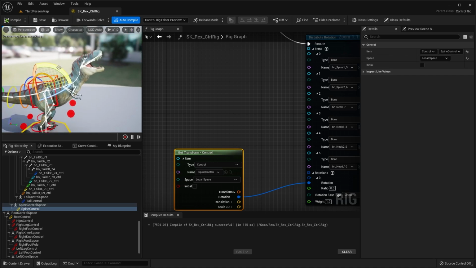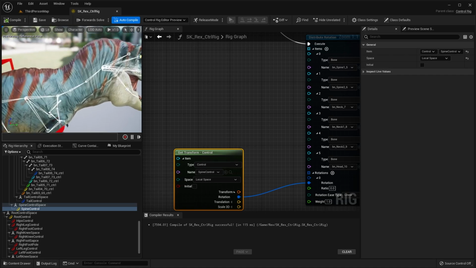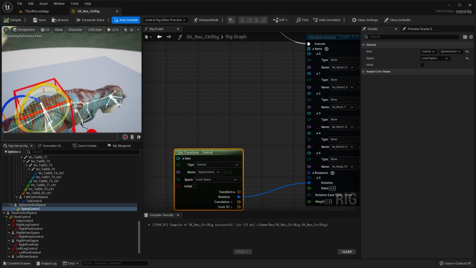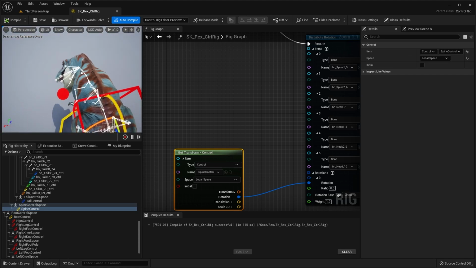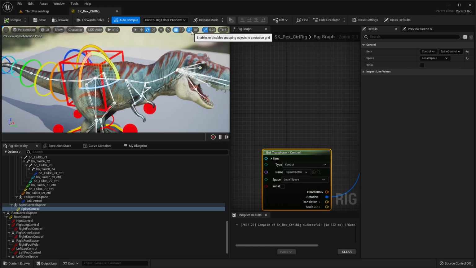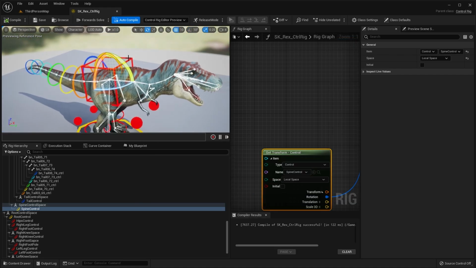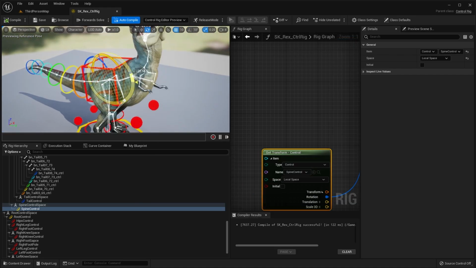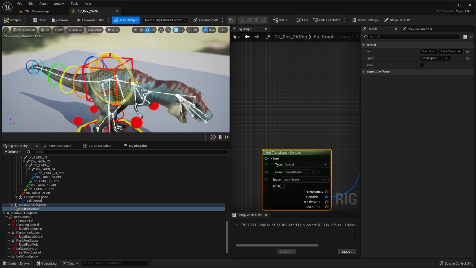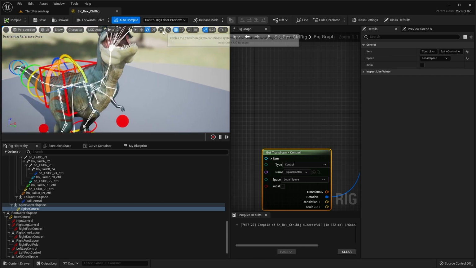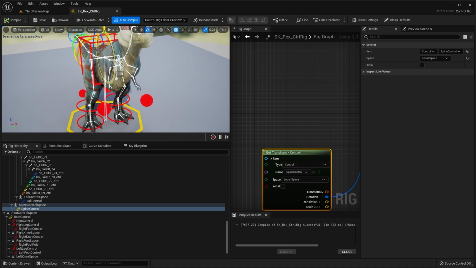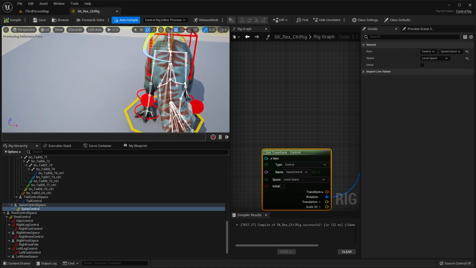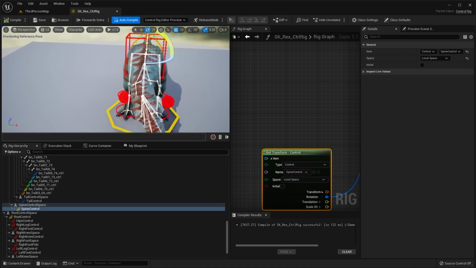Now, one thing that you might notice is the grid snapping as well as the rotation. You see it's rotating in this weird angle. Okay, so we can disable the rotation snapping here, and now we have a smoother grid snapping. Now, if I change this to local, we're kind of getting like this sort of bend in the head,